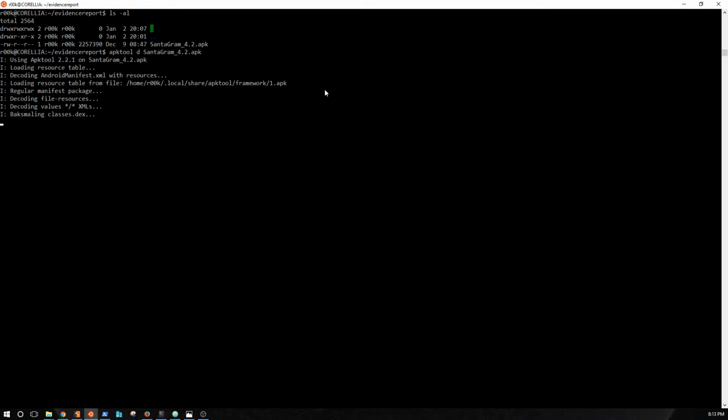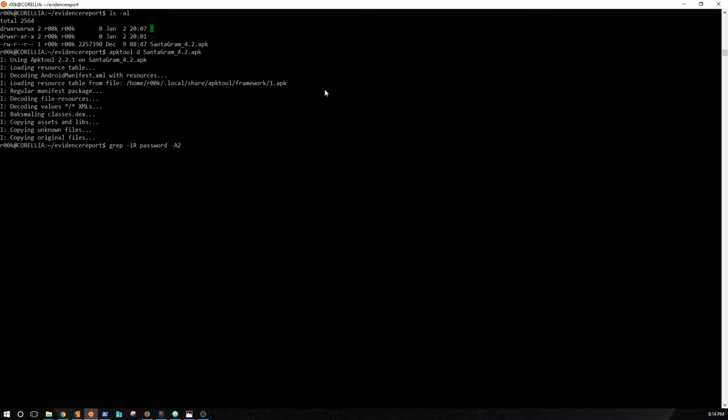Now, some of the first things that I'm going to try, really the only things I know how to try, is I'm going to look for any credentials that could be stored here, hard-coded in the APK, and then I'll see if I can find any interesting files that may be evidence or clues that can help me find Santa. So first things first, I'm going to use a grep command to try and find any passwords that may be